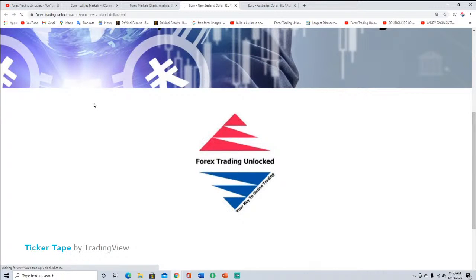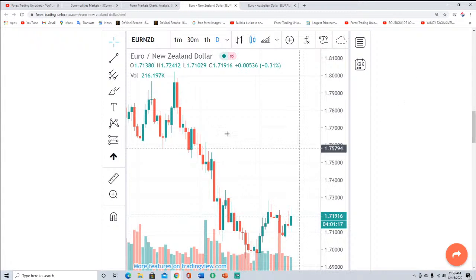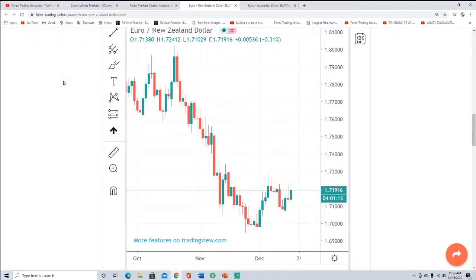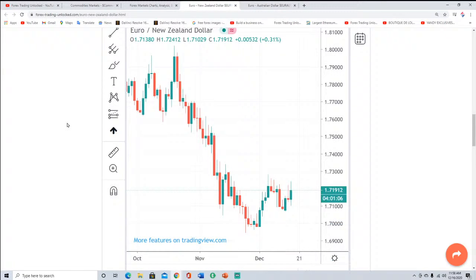We pull up the Euro New Zealand dollar chart. So let's see how fast we can load this up on the Forex-Trading-Unlocked.com website. So the Euro New Zealand dollar, now this is a little bit different. Remember here we have the Australian dollar, it's just hanging above the lows. The Euro New Zealand dollar, on the other hand, had a nice bounce a couple weeks ago, made a lower